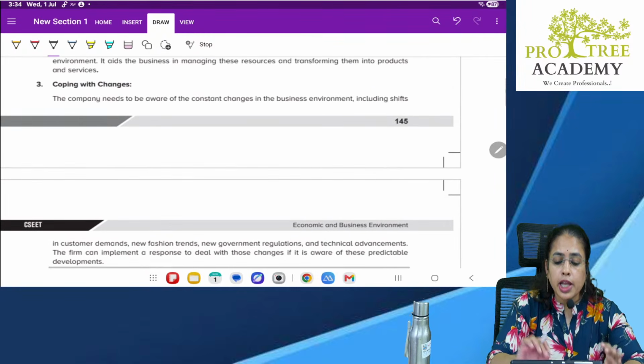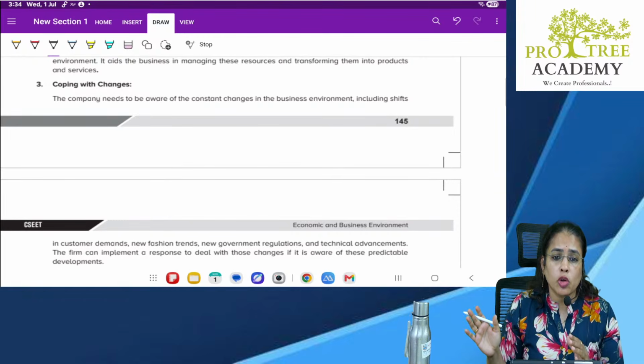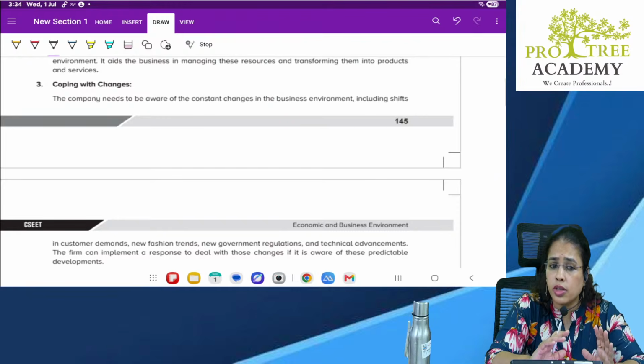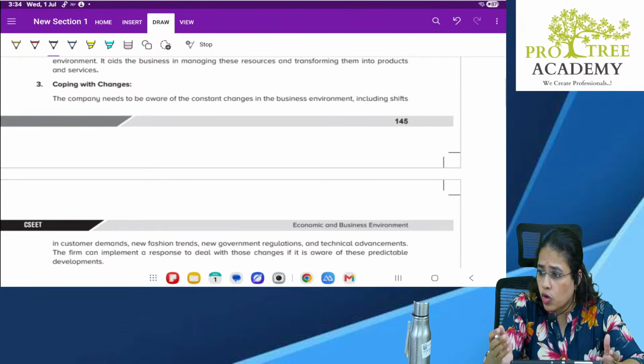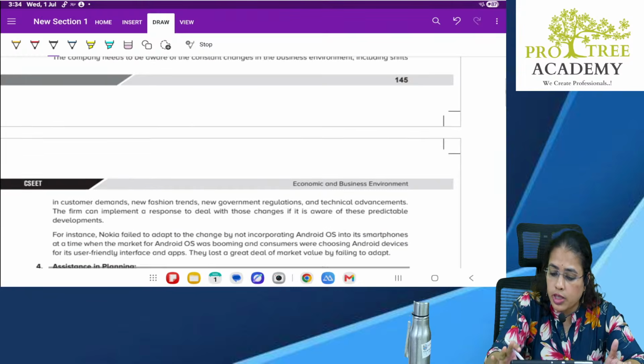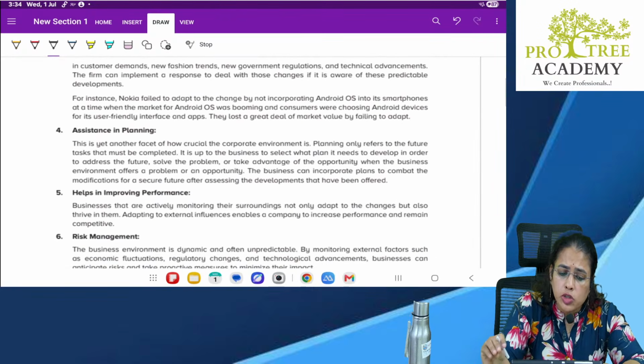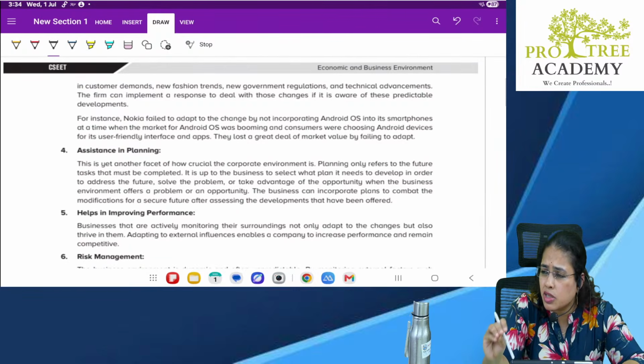So what they are telling is, the company should know what constant changes are going on. If you are in the cloth industry, what is going on, jeans or any other fashionable thing, what is going on in the market. As per that he has to develop those products. Whatever people are wearing, he has to develop that. First he should see what the customer's demand is, because these are the people who will be buying.